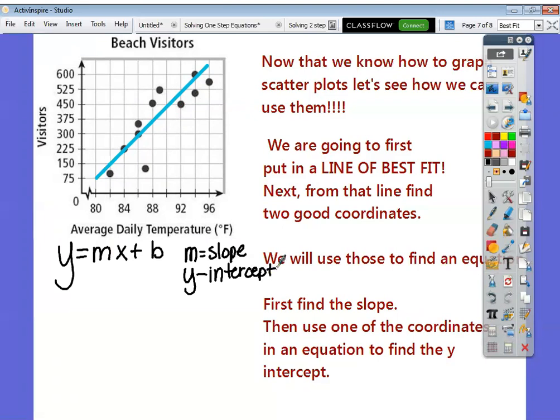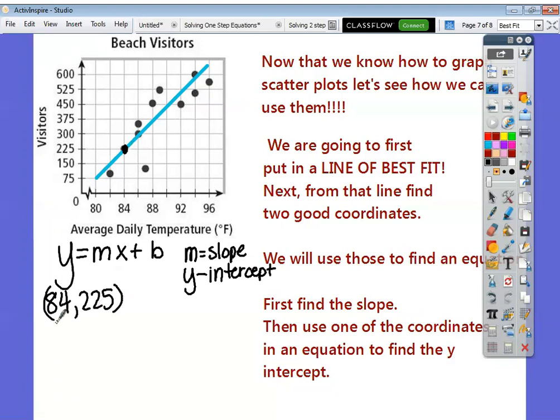So that's what we need to find. We'll start out with slope. Basically all I have to do is look. This dot right there is a really, really good intercepting point, and that dot is found at